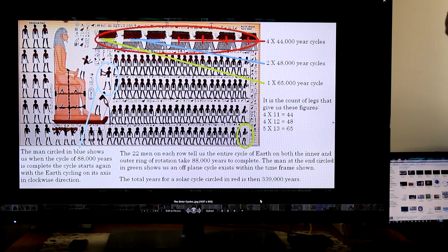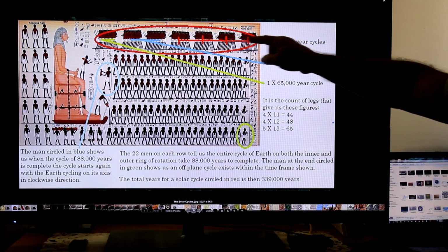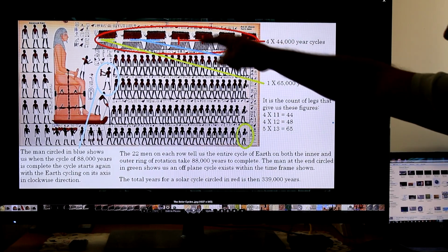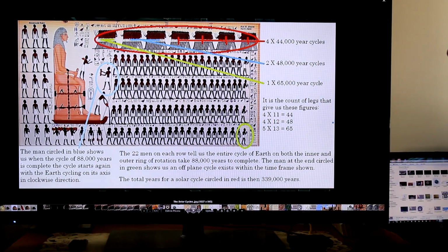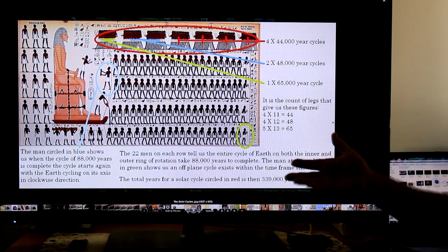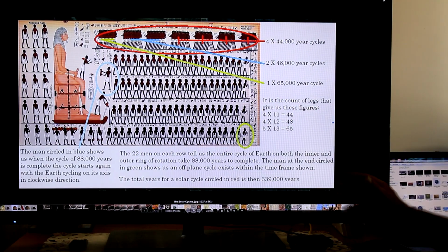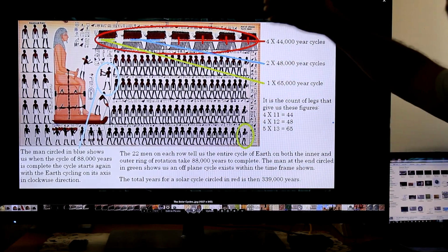Now I wanted to just show you something. The reason I wanted to come back here is because I had theorized that what we were seeing here was the solar plane, the solar cycle. So in other words, a complete solar cycle would do that many years and then come back to the start. Okay, and if I laid out how the solar plane shifted, I'm not talking about the rotational plane of Earth here, I'm talking about that horizontal plane that we come up to meet, that it shifts as well. And it's made shift driven by the mass of planets built up either on the inner solar system, say from beyond Mars, where our outer ring is